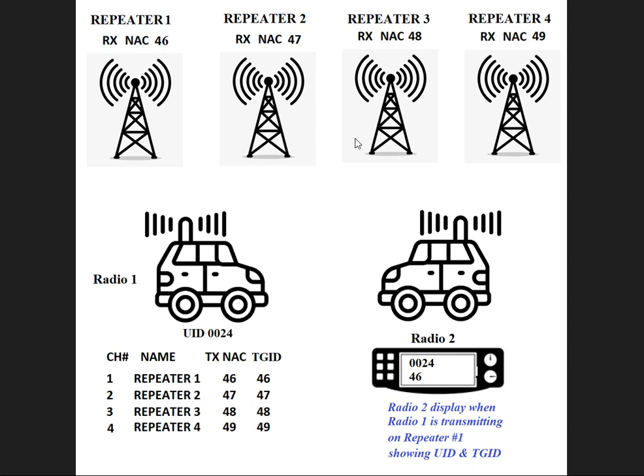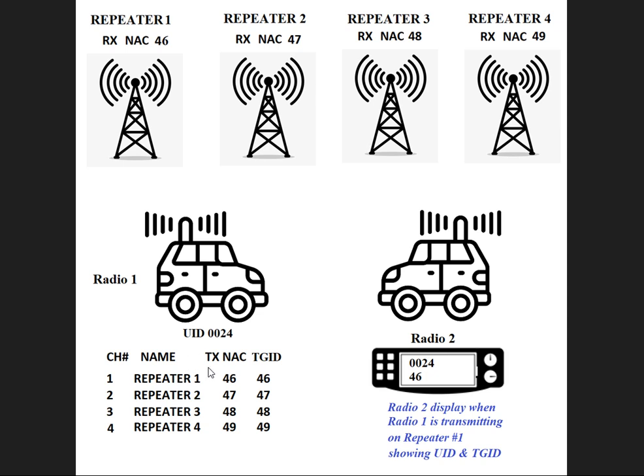I have 4 different repeaters here, each with a different NAC on the input, and they all have the same transmit frequency and NAC on the outputs. But on the mobile programming on each channel, they have a talk group ID that matches the same number as the NAC. And how this works is when the